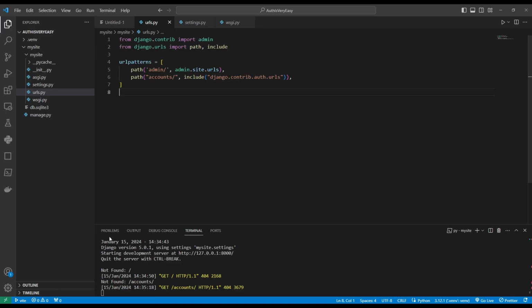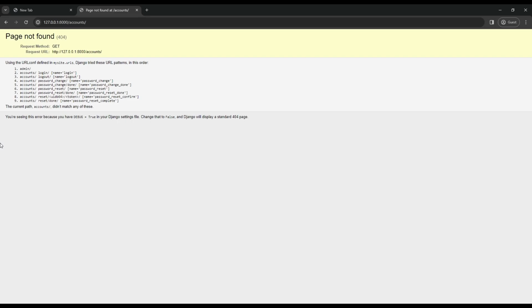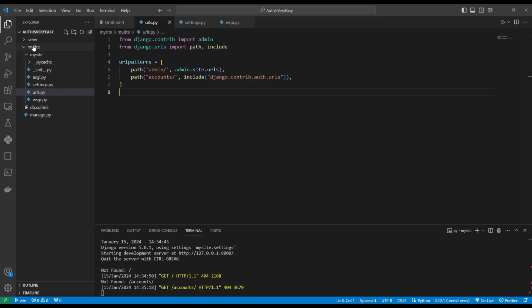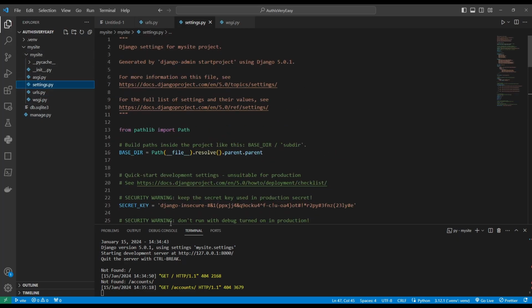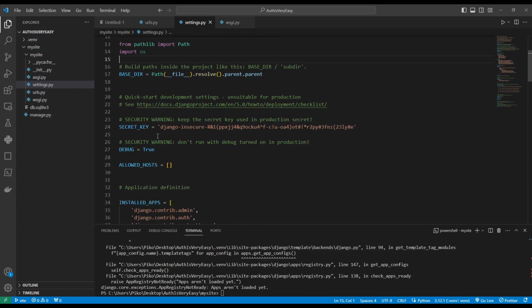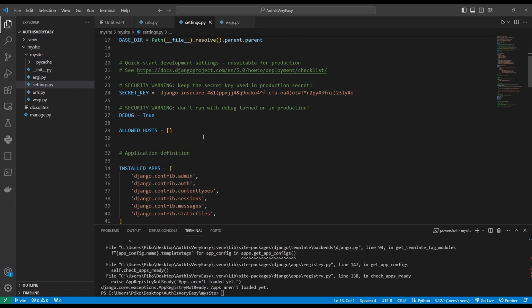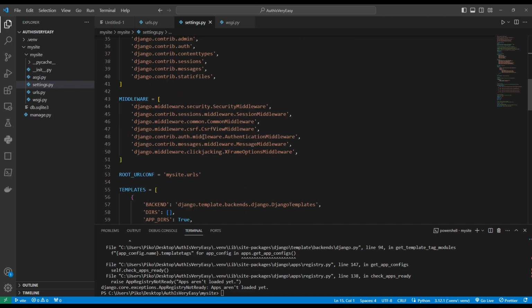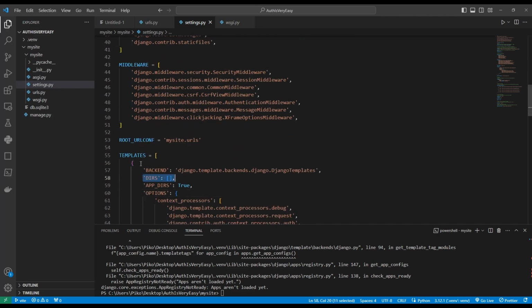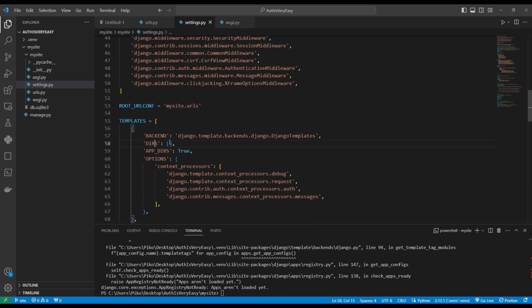Now I would like to show you how we can create custom templates for each of these URLs. What we're gonna need to do is first go to our settings.py and import OS. We are going to need it in order to tell Django where to look for templates. So we're gonna go here where templates is defined, and in there we are going to add